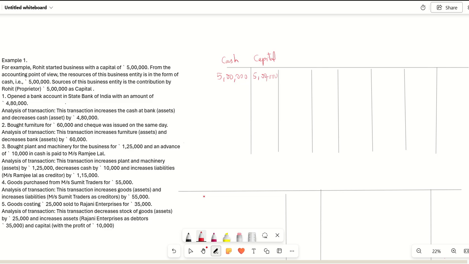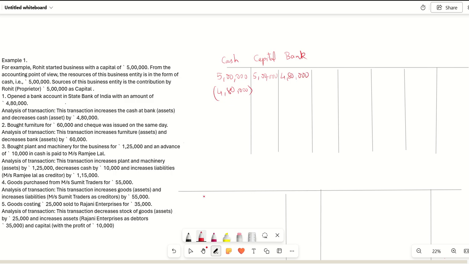Then next transaction, he opens a bank account in State Bank of India with the amount of 4,80,000, right? And then next we'll see the bank account. So cash will reduce by 4,80,000. The reduction I'm mentioning in brackets. So bank will have a balance of